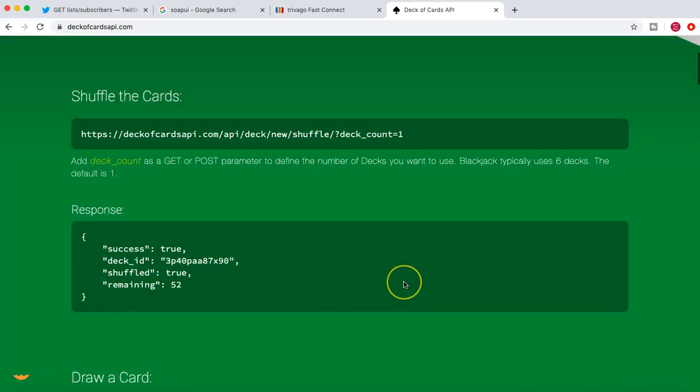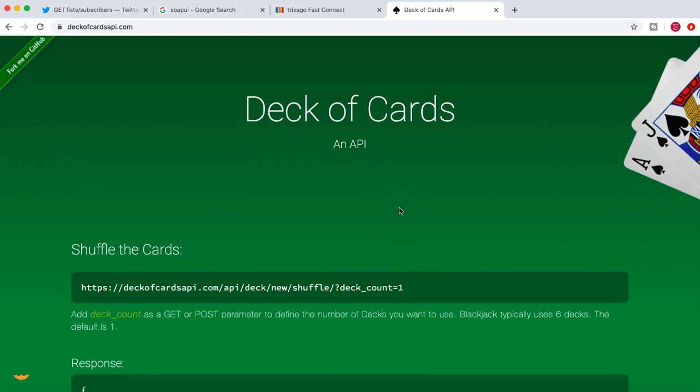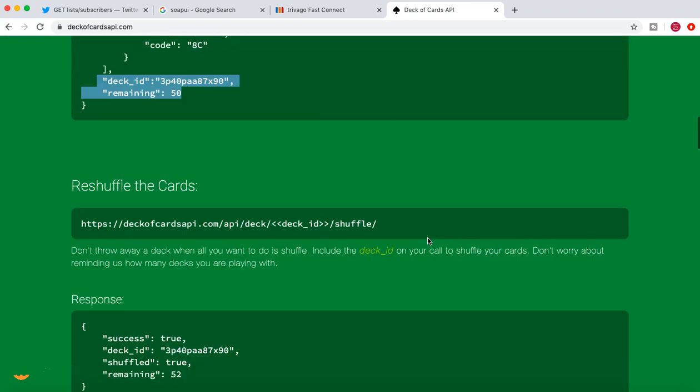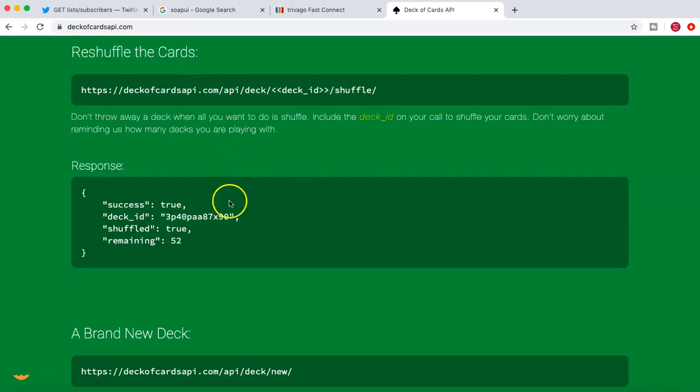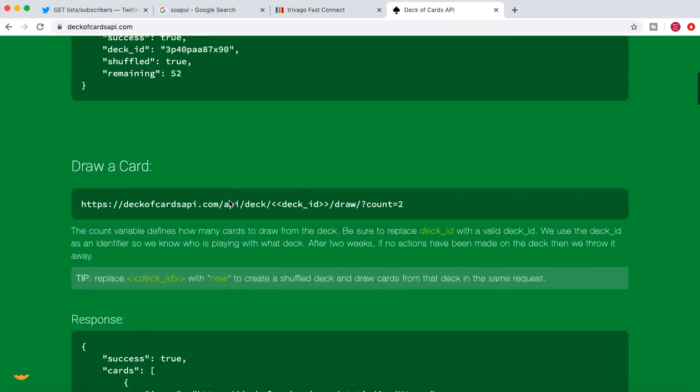So let's go ahead and use this API as an example and understand how you can do REST API testing. There are many more operations available which you can read and which we'll cover if applicable